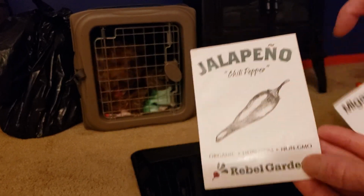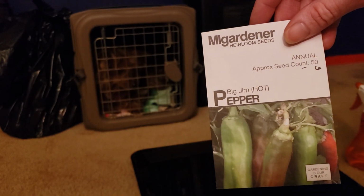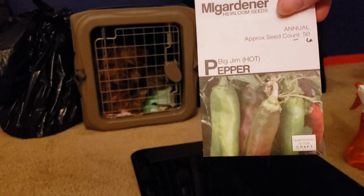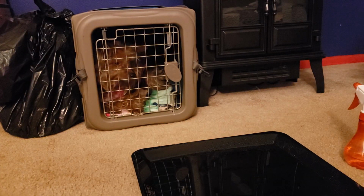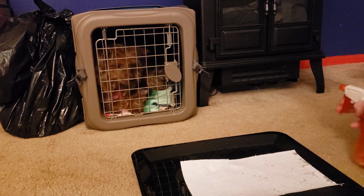Not sure how many are left in this envelope. And we're going to do some long hots. They call them Big John hot peppers. I call them long hots. We're going to do two more hot pepper seeds. And I will have all my hot pepper seeds